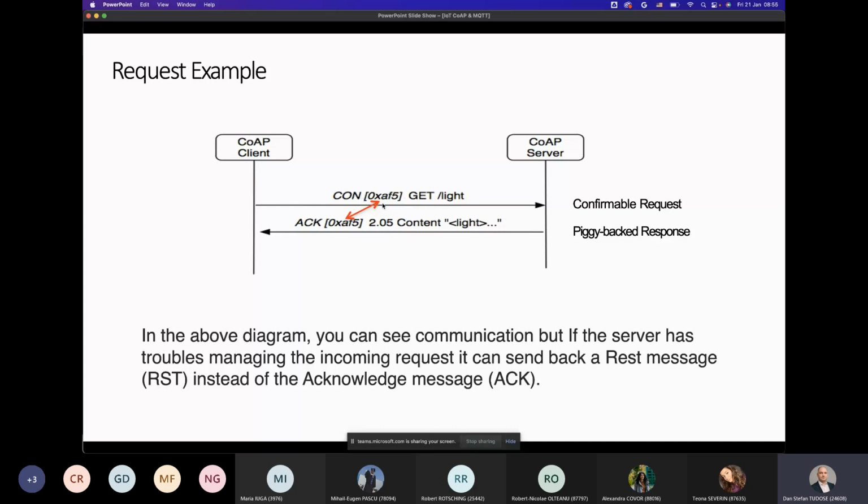This could be the token AF5, for example. So whenever the server responds to this particular query, it would send an acknowledge with the same token, and then a code, a response code, in this case 205, and then the content of the message itself. So it's a very simple scheme of sending a query and then getting a reply. And this is all. I mean, it closes like this. You don't have another state or another exchange of messages happening within a network.